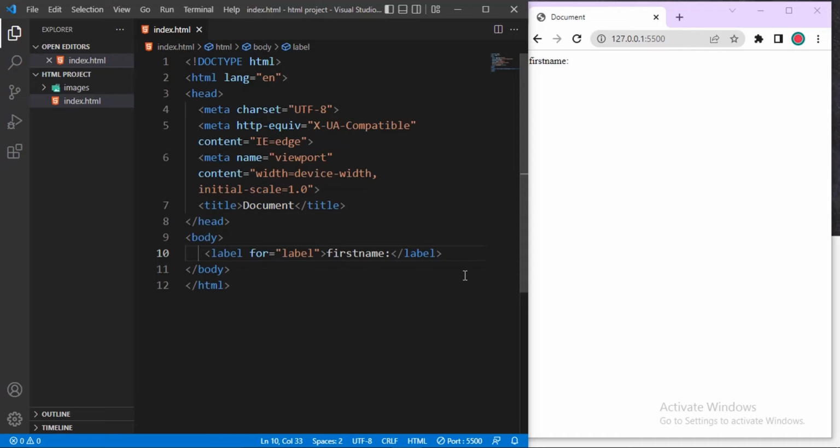This is for the label. Then we have to input the box, which is called the input. Then we'll now enter the next line and say input. Type is text. You can see the input box. You can see it. Okay. So whenever a user types something here,